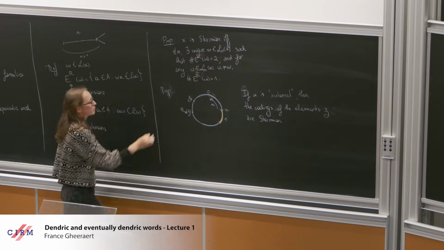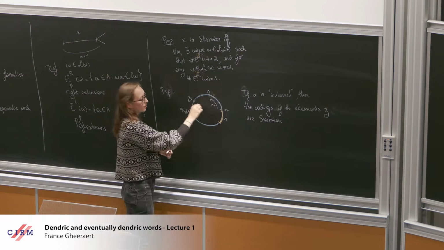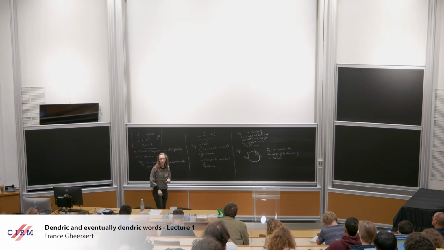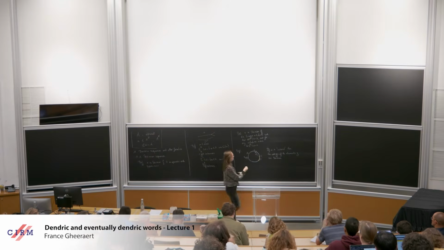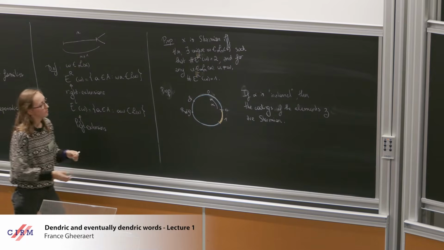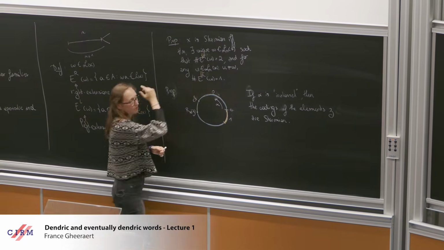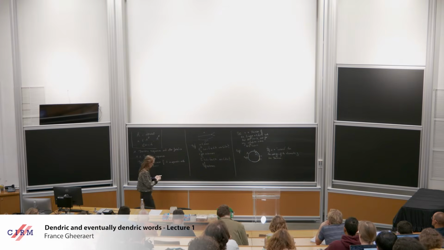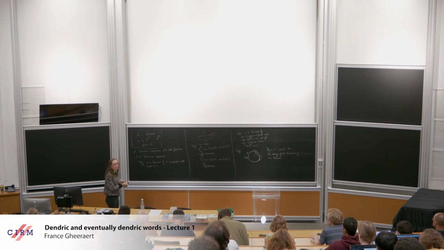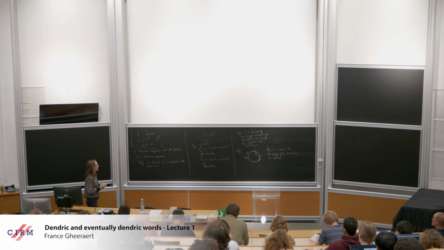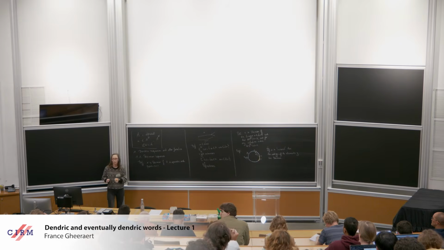Okay? So if you take your point z, you look at the sequence of 0 and 1 associated with it, well, it's a Sturmian sequence. And it is a characterization in the sense that every Sturmian sequence can be obtained like that for some alpha and for some point. Okay, so these are three of the ways of seeing Sturmian sequences. There are many others, but I won't have the time to go into that. And these are essentially the three I'll be interested in. Are there any questions so far? No, okay.